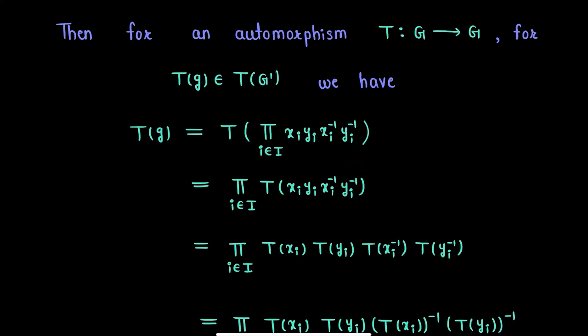Now since T is an automorphism of group G, T is a homomorphism, therefore this can be written as the product of T(x_i y_i x_i inverse y_i inverse) for i in index set I. Again using the property of homomorphism, this can be written as the product of T(x_i), T(y_i), T(x_i inverse), T(y_i inverse) for i in index set I,